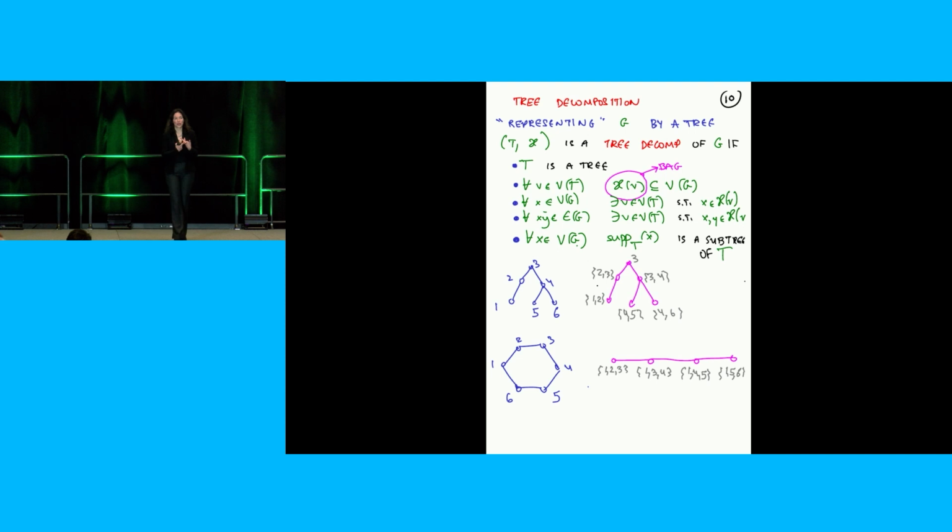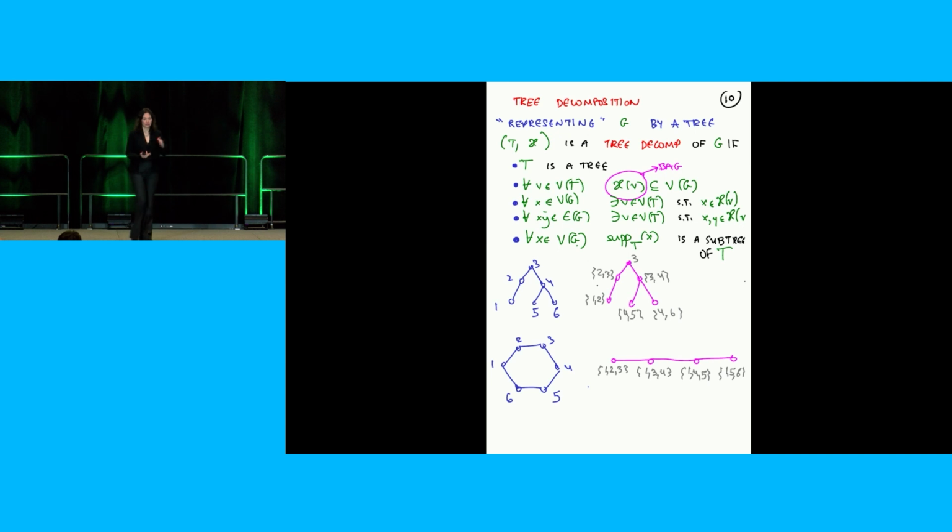Well, first of all, I want to make sure that every vertex is assigned to a bag. Now notice it's different from simply putting things in bags, because I'm allowed to put one vertex of my graph G into many different bags. Okay, so every vertex of G needs to be in some bag. The second rule is every edge of G needs to be in some bag. For every edge of G, there needs to be a vertex of the tree that contains both ends of this edge. So far, this just tells you you have to put a lot of stuff in bags, right?